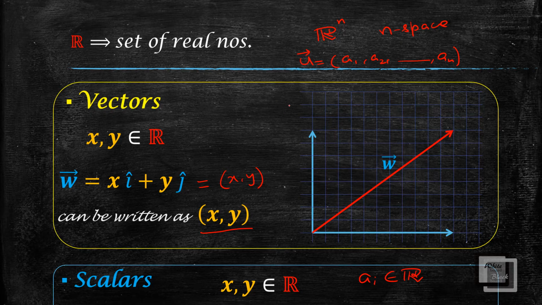Two vectors, say vector u and vector v, are said to be equal if and only if both have the same magnitude and same direction. If you say that vector u is (1, 2, 3) and vector v is (2, 3, 1), though the magnitude of both vectors is the same, the vectors are not equal because the direction of both vectors is not the same. With (0, 0, 0), we represent the zero vector in the R^n space, or n-space.